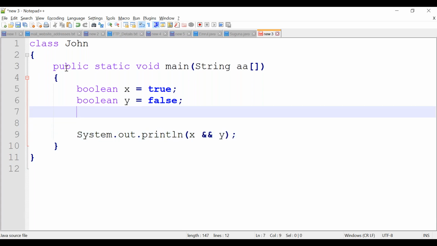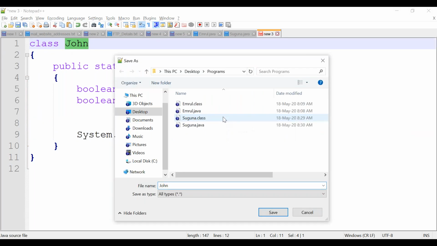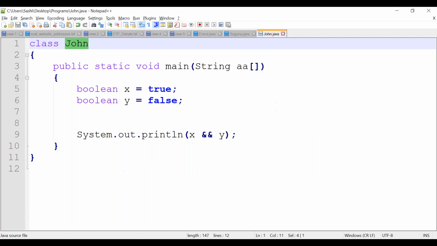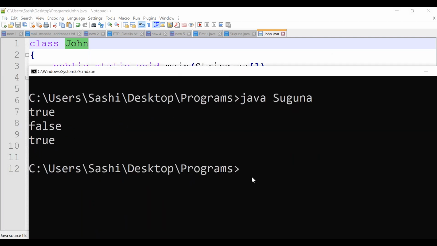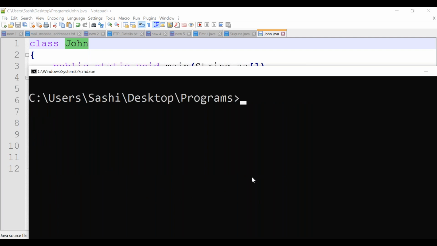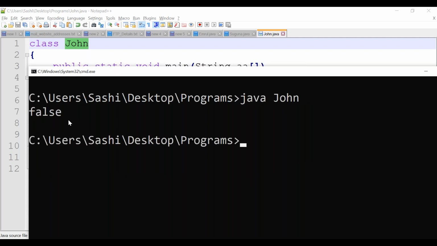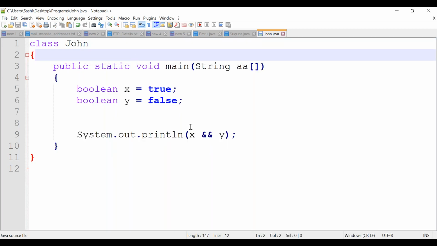Okay, let's save this program, John.java, compile it. Compilation is success. Let's run. You got false. Why is it false? Because both sides should return true.